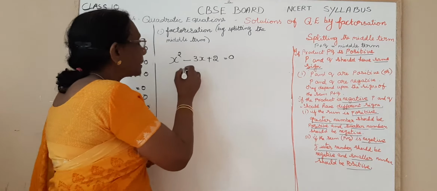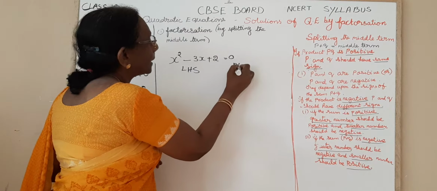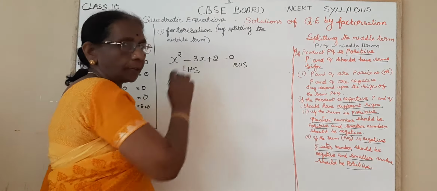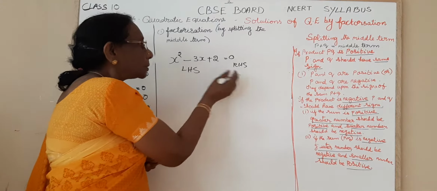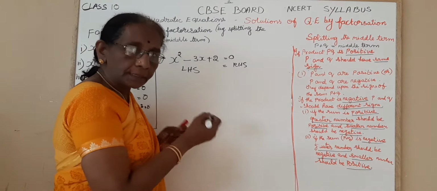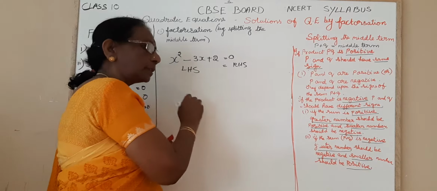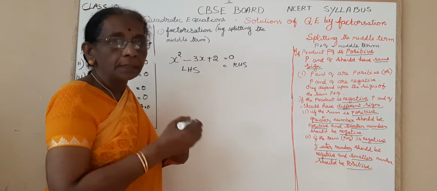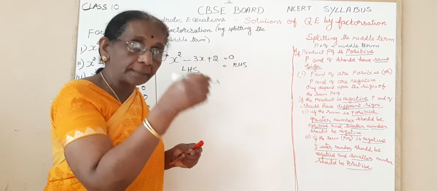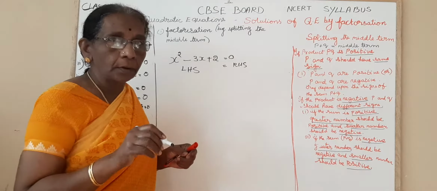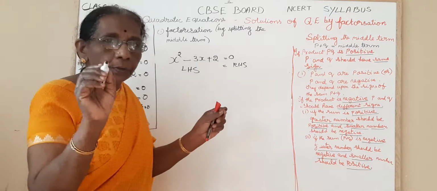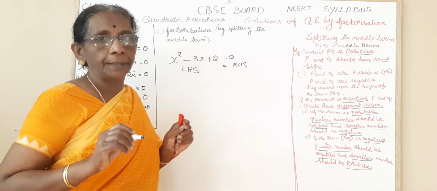That means it has a left hand side and a right hand side. When you substitute the value of x in the particular equation, both sides should have the same value. You have 0 in the right hand side. The same way you should have 0 in the left hand side also. That is the meaning of satisfying the quadratic equation. In the quadratic polynomial it is making the value of the polynomial as 0, but here it is satisfying the equation. Therefore we won't use the term 0 for quadratic equation.